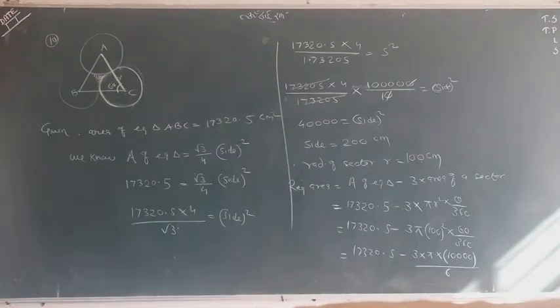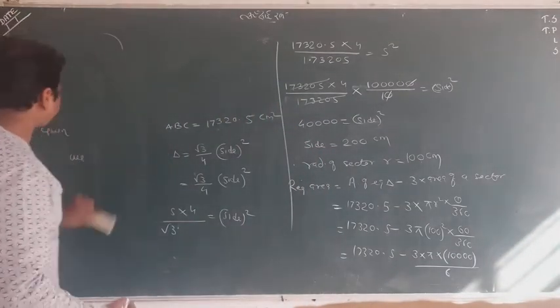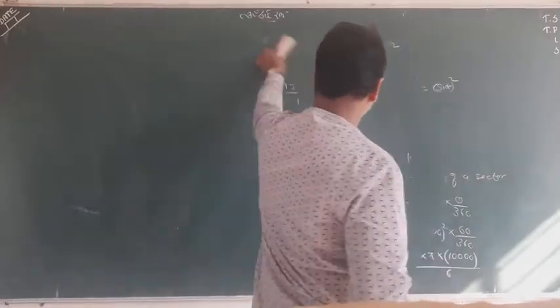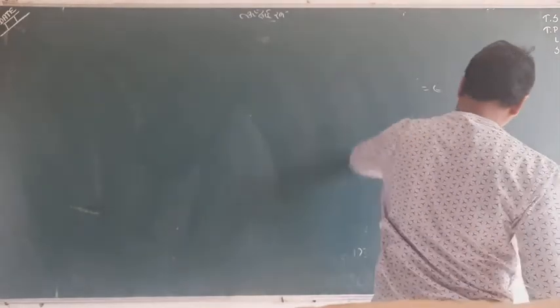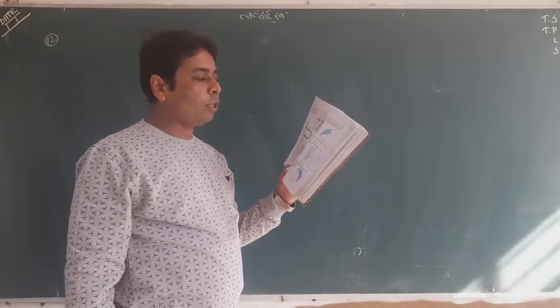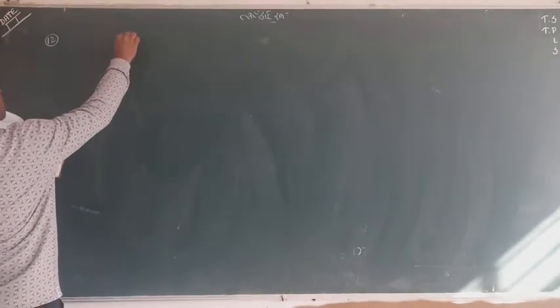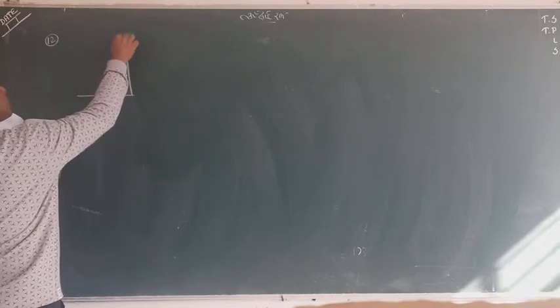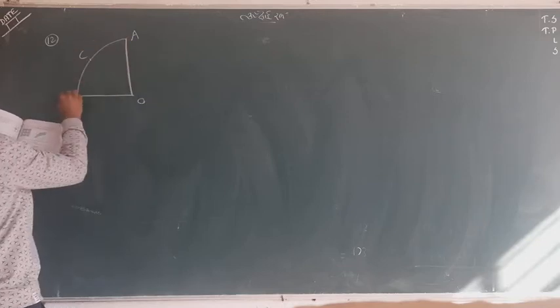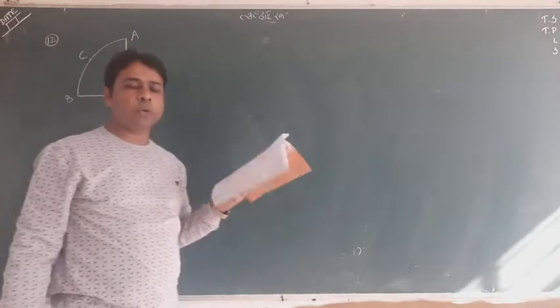Okay. So this is a question. It was a good question. Okay. Now I am doing the 12th one. Question number 12 is very simple. OACB is a quadrant of a circle. This is O, A, C and B is a quadrant of a circle, and you know that quadrant meaning the area